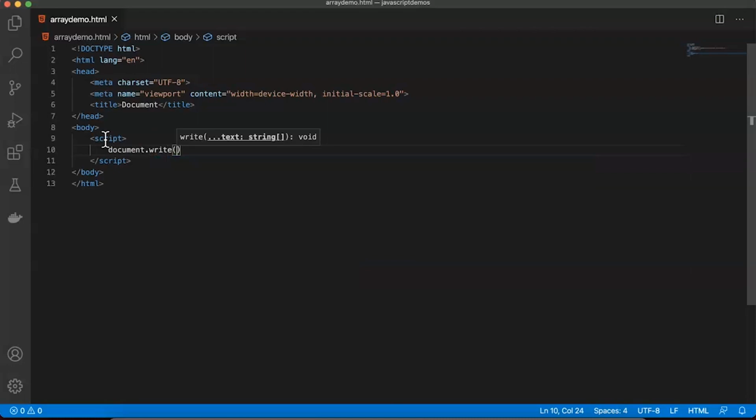array. So once again, when you develop, the array can also be used in 3 different forms. It could be used using array literals, it can be used using the new keyword, and also it can be used using constructor. We'll be seeing all these 3 options one by one. So document.write, here we start with array literals, let's close this,